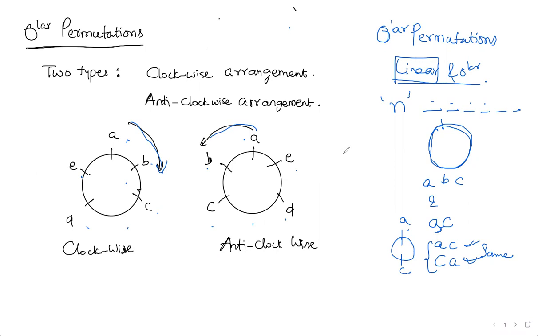Suppose we are at an event. Just imagine that there are 500 guests at the event and there are 100 tables. At each table, we have to arrange 5 guests. This may be an official event or maybe a movie function, so we have to arrange the cast of the movie in some orderly manner. In these kinds of things, circular permutation can be seen as the way to count how many ways we can arrange them.